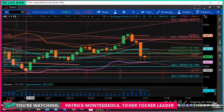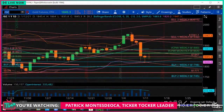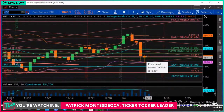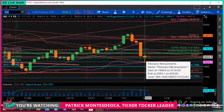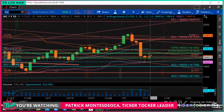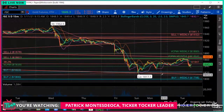So it seems that we are unfolding the next seasonal pattern, and this correction was a second wave correction, which is corrective. The second and fourth waves are corrective. So what you see here now is basically the market volatility beginning to increase,